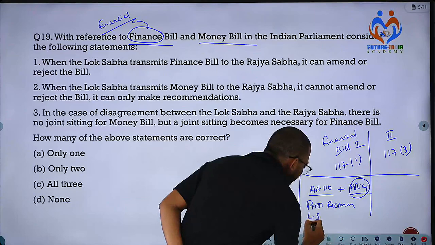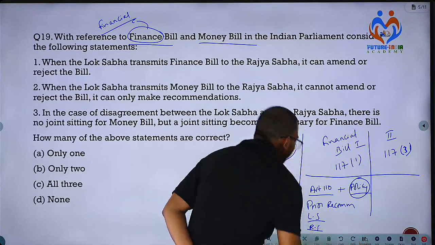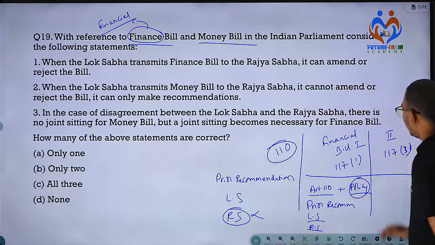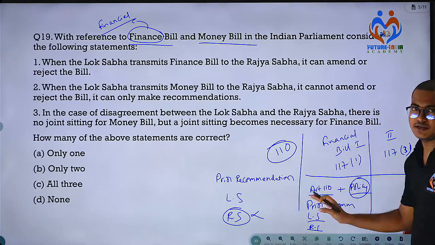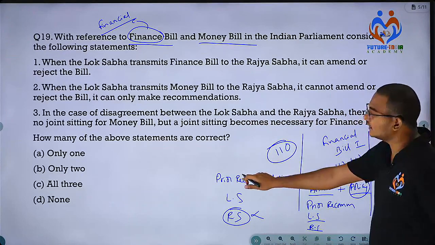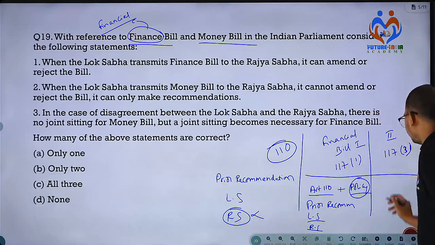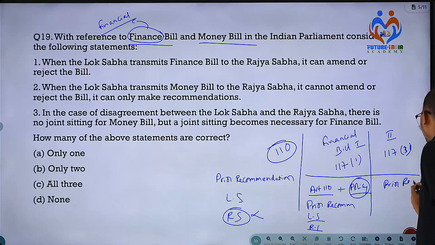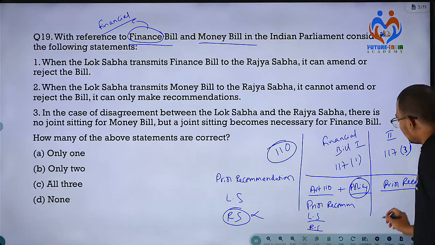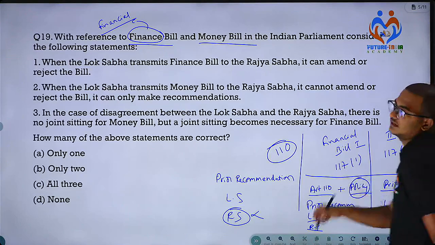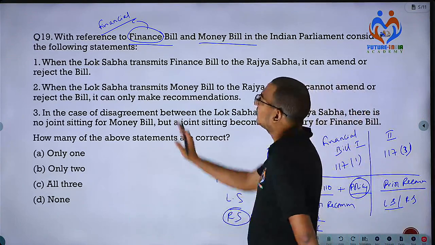Lok Sabha you have to introduce. Rajya Sabha also has equal powers, which means Rajya Sabha can reject the bill as well. And here this is related to money, but it doesn't have even a single provision from Article 110. Okay, so here prior recommendation of president is needed. It can be introduced in Lok Sabha or Rajya Sabha, and both have equal powers here. Okay, now with this knowledge, solve the question.